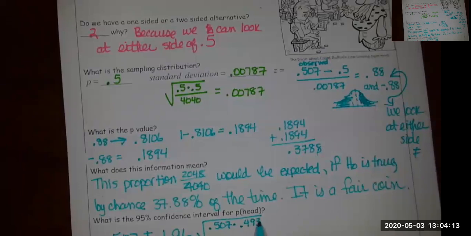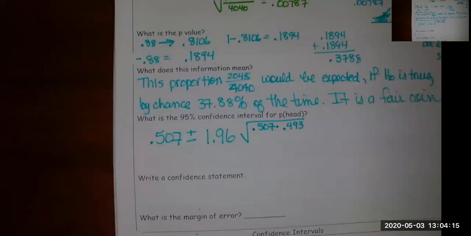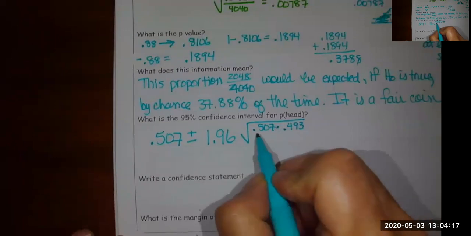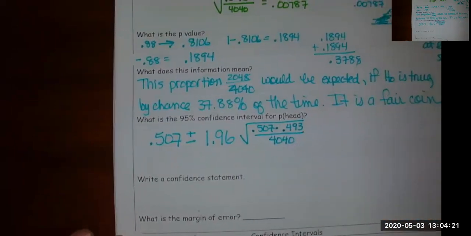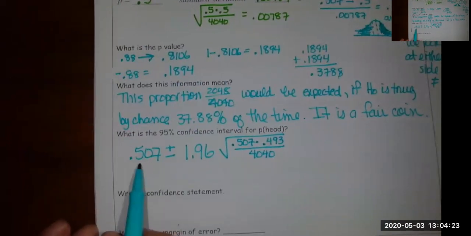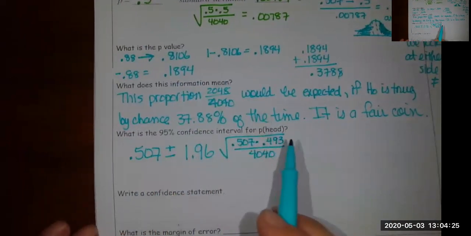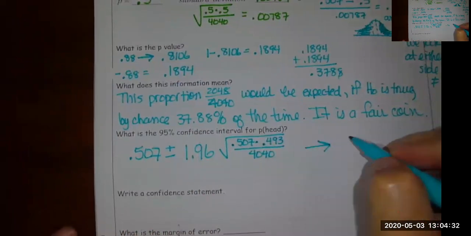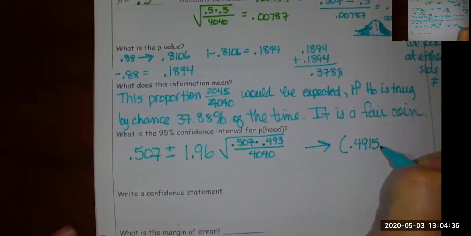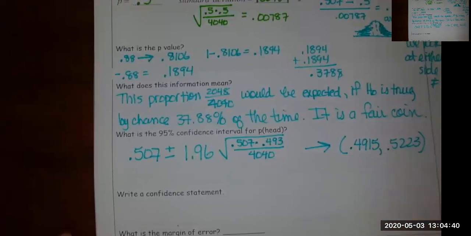If you need to pause this while I'm writing the formula down, once I write it down, please feel free to do so. And please type that into your calculator to make sure. But if we do 0.507 plus this mess and 0.507 minus this mess, if you take a minute to type that into your calculator, you are going to get 0.4915, 0.5223. Okay, so now we can write a confidence statement,